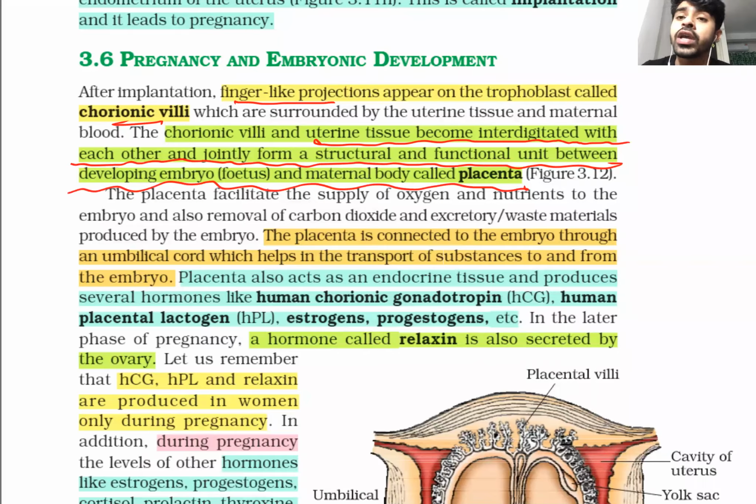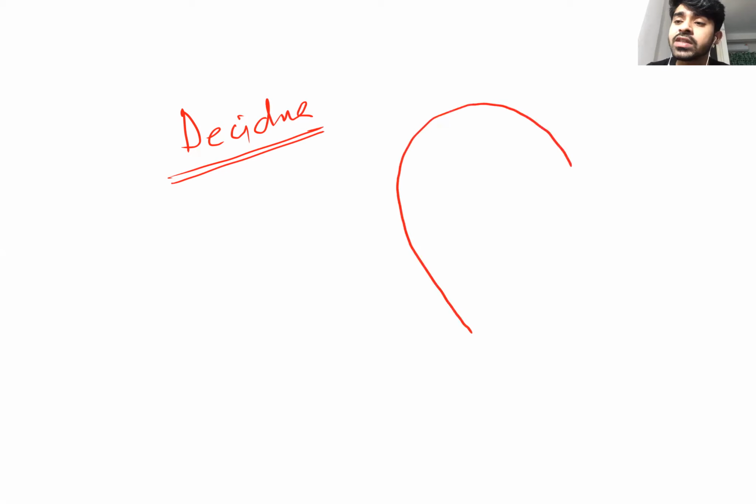called placenta. Okay, one thing I want to mention, the concept of decidua. So write it down. It is not mentioned in NCERT, but I think it's very, very important. What is the decidua? Follow this thing. Suppose this is the mother's endometrium. Suppose this is the chorionic villi. This is the cytotrophoblast, and suppose this is your inner cell mass. What you have to think about,